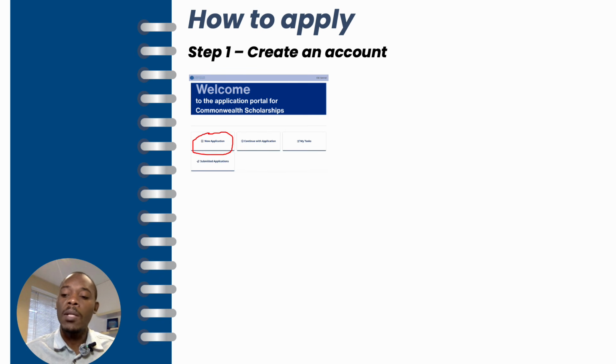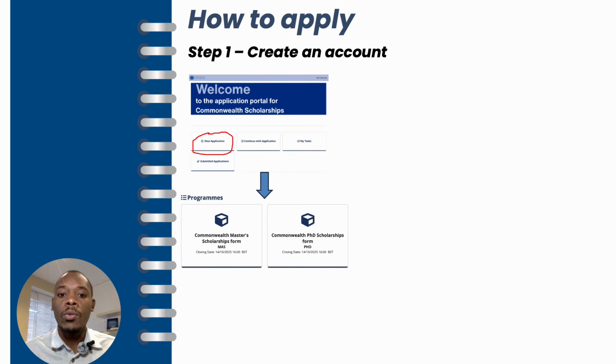Once you click on that tab, it's going to take you to this page, which will show program, and you need to select the program. That's why I was saying you can use either the master's page on the Commonwealth Scholarship, or you can use the PhD page. They will bring you to the same thing. Now you need to select which one you are applying for. Are you applying for the master's, or are you applying for the PhD? You click on which one you are applying for, and once you click on it,